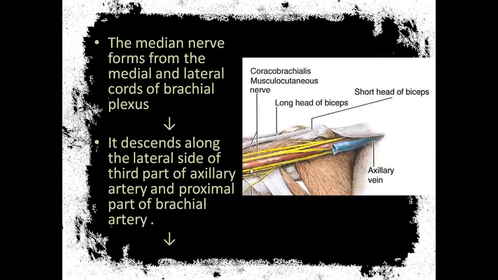Then it is ascending. See, what is the name of this artery? Brachial artery. This is the axilla. So is the nerve lateral to the artery or medial to the artery? In the axilla I'm talking. In the upper part it is lateral, beta, and in the lower part it is medial. This is the axilla, near to your body. This is the lateral aspect of the artery. This is the medial aspect of the artery. The picture has been taken like this, beta. This is the axilla. The artery is this. So suppose this is the artery, the nerve is my thumb now.